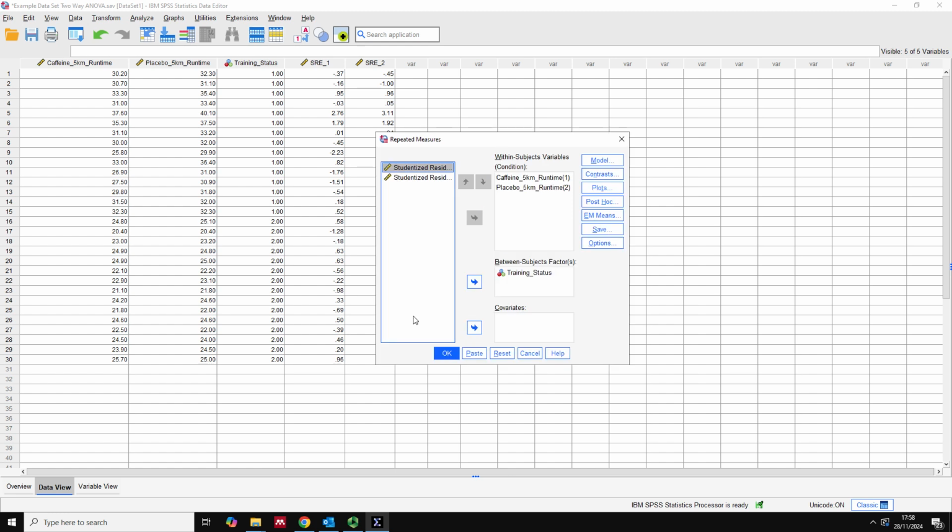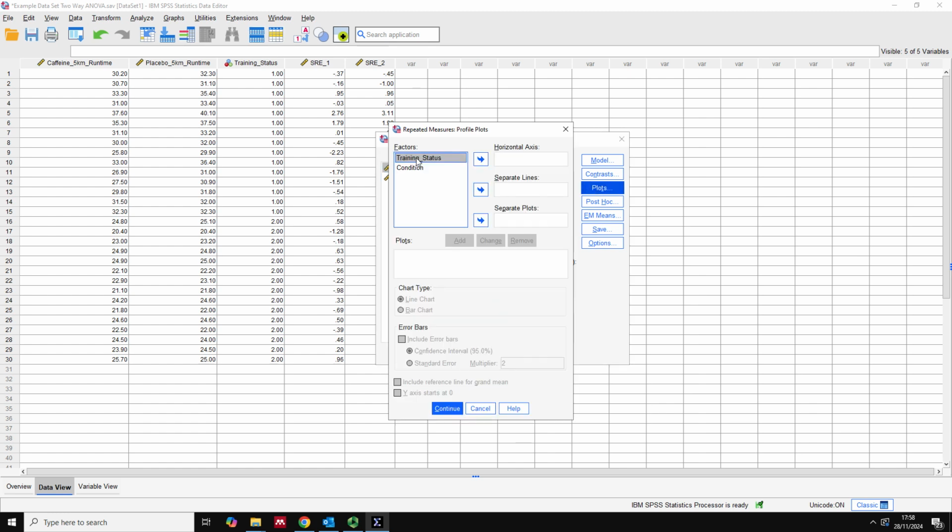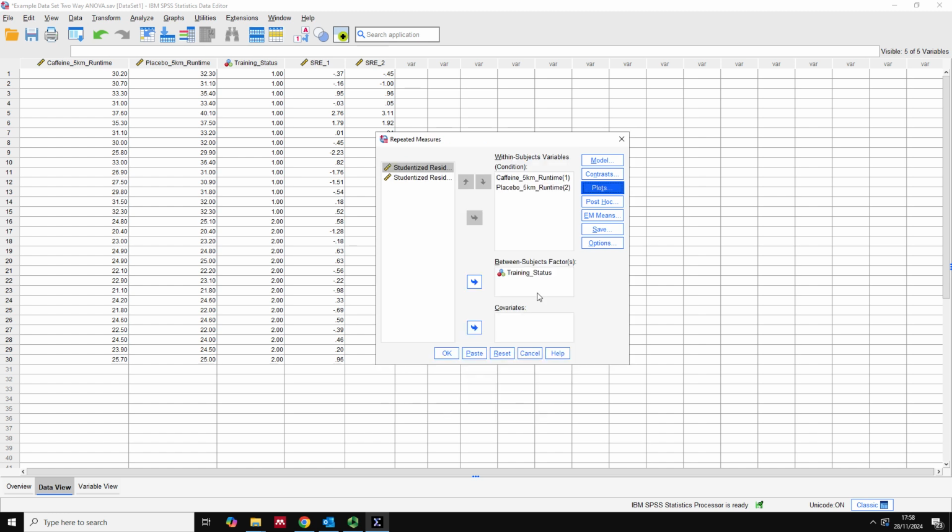And what we're going to want to go to now is plots. We're going to create a graph of our data, so we're going to drag training status onto the horizontal axis and have condition as the separate lines. Then we're going to hit add, and that's going to add this plot here, and we'll look at that in a minute. So we'll hit continue, and then we want to go to EM means,